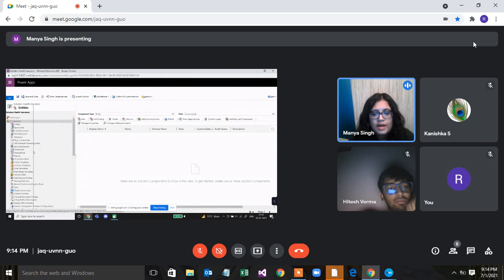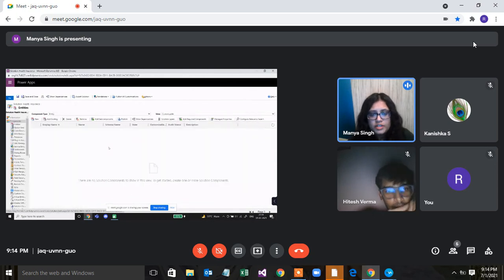Okay. Apart from creating anything new in your solution, as I already mentioned, there are so many default components already present in your CRM solution. Okay. So we also have the option to add an existing entity. Okay. So if you want to go and add an existing entity,